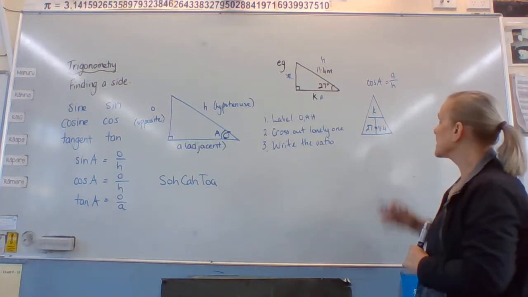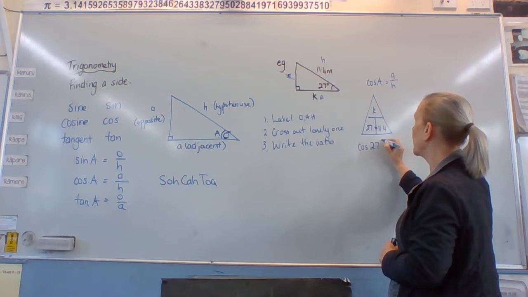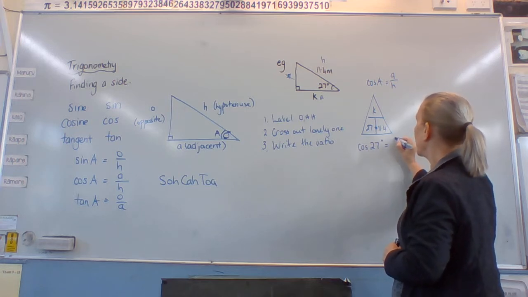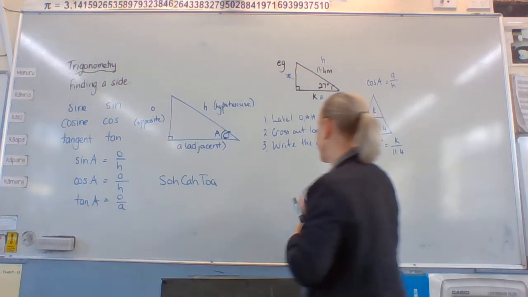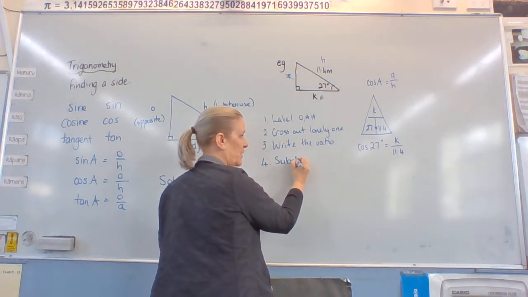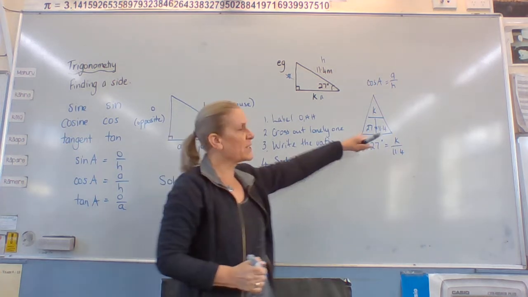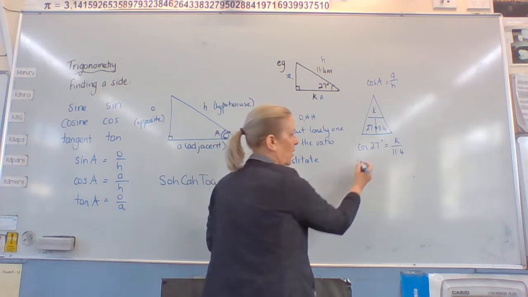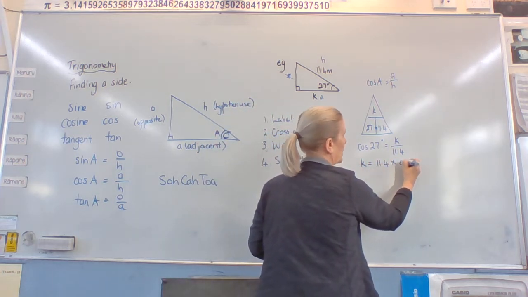My next line is cosine, putting in all the things I know: cosine 27 equals K over 11.4. So substitute. Then my triangle tells me I want to multiply, so I write K equals 11.4 times cosine of